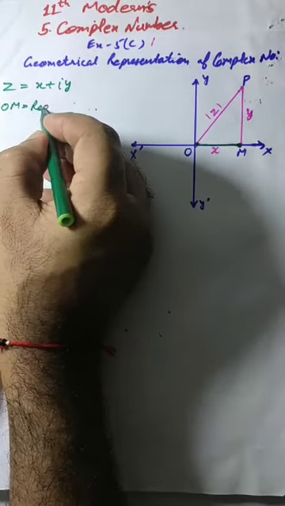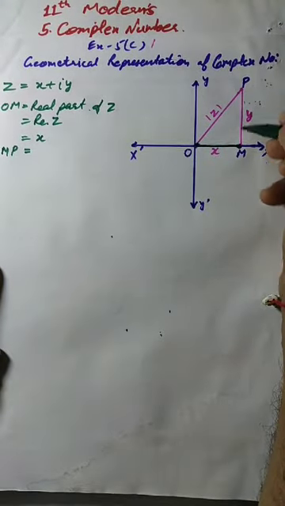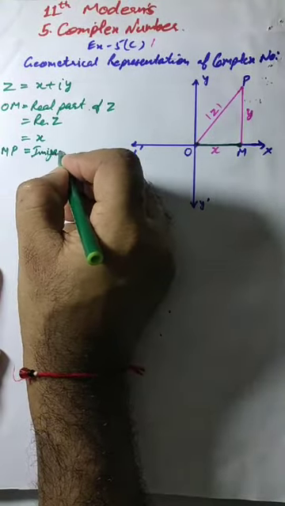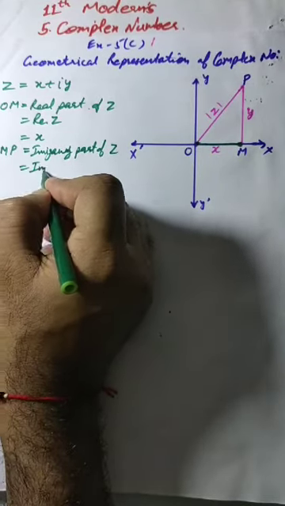We can write it as real of z, and that is equal to x. And MP or PM, this vertical line is the imaginary part of z, so it can be written as Im of z